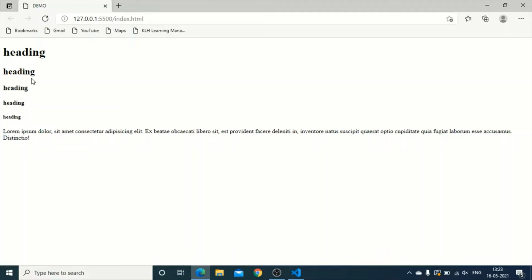This is H1, this is H2, this is H3, this is H4, this is H5, and this is paragraph tag. P tag in the sense paragraph. If you want to write any paragraphs, you need to use paragraphs. If you are putting the main heading of the page, then you need to use H1. And if you are putting a subheading, you need to put H2. And if you are putting a column heading, then you can put H3. You will understand when you are practicing, you will understand everything.